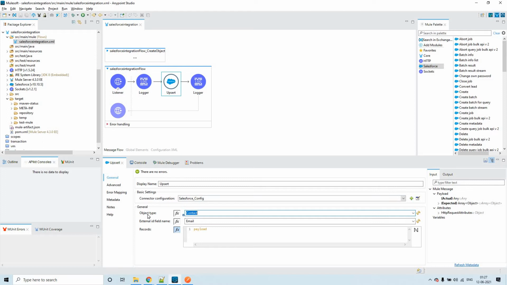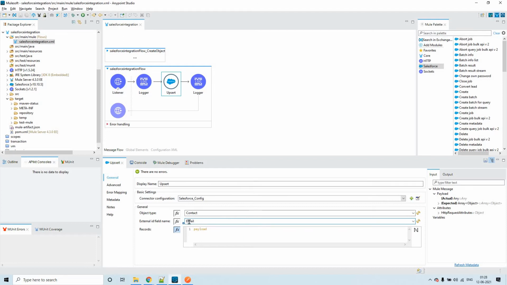After this, you see the external ID field name. Based upon the object you choose, and the configurations done in Salesforce for this particular object, it is displaying two fields: one is email, the other is ID. That means this is a unique reference.